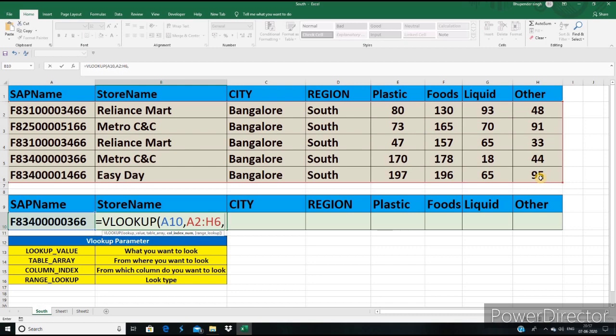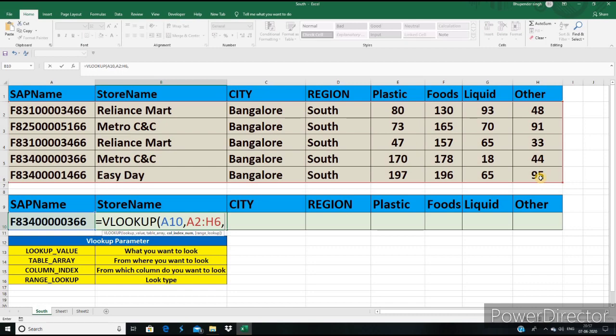Guys, in my previous video I already told you, always count your column number from left to right. From A to H, you can see SAP number is the first column, store number is second, city third, region fourth.